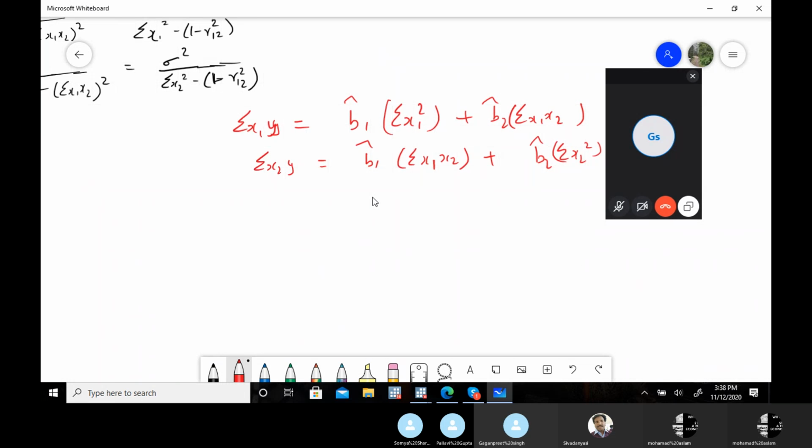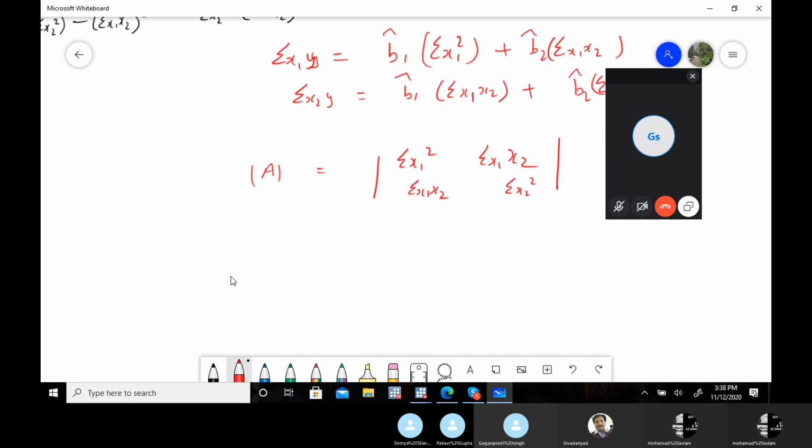So we need a variance. From a matrix, if you write it in matrix form, its determinant is summation x1 square, summation x1 x2, summation x1 x2, and summation x2 square, right? The determinant of this particular matrix. So the variance formula is